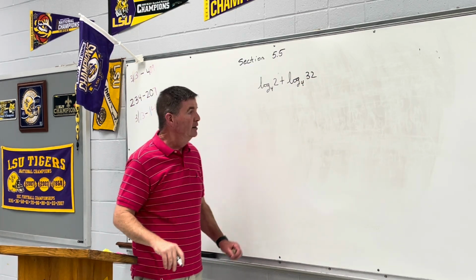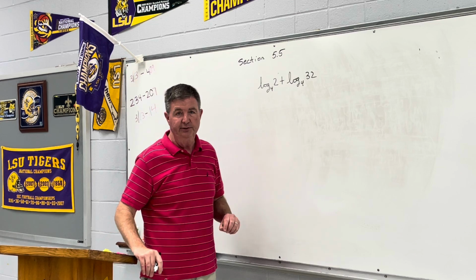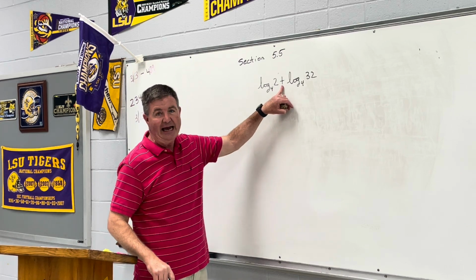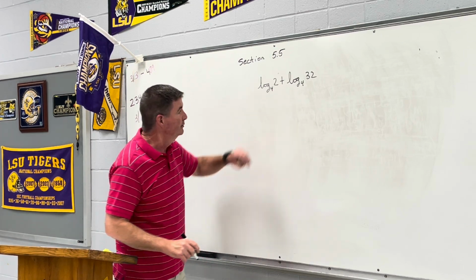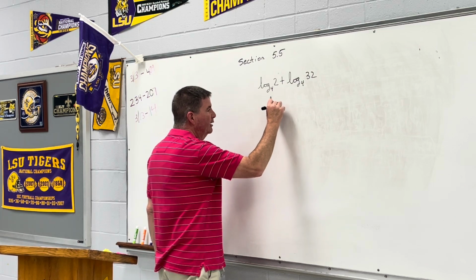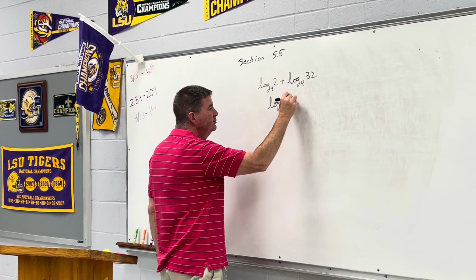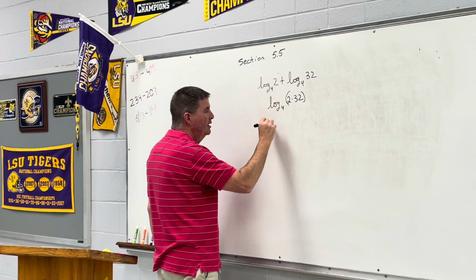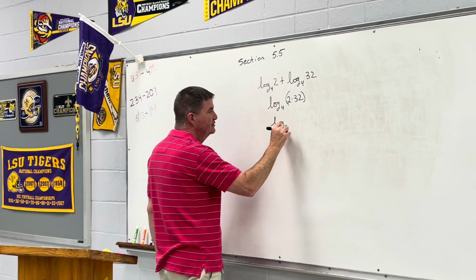In this one, we don't have any power rules to do, but we do see that it's added, so therefore that's the product rule. So this will be log base 4 of 2 times 32, which is log base 4